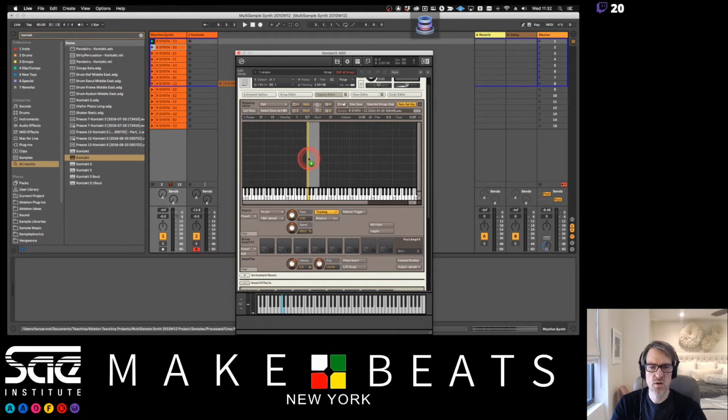When I drag it in, if the higher I mouse up, I haven't let go of it yet, the higher I mouse up, the wider the key range is going to be, and the more I mouse down, the lower it's going to be on just one note, and I can put it on that exact note. So if I'm making a sample like this,